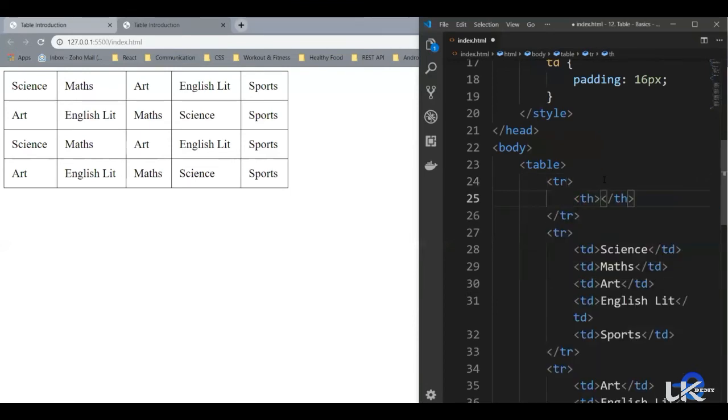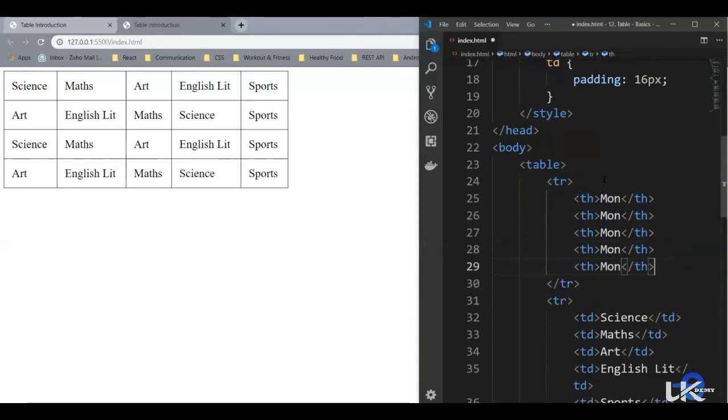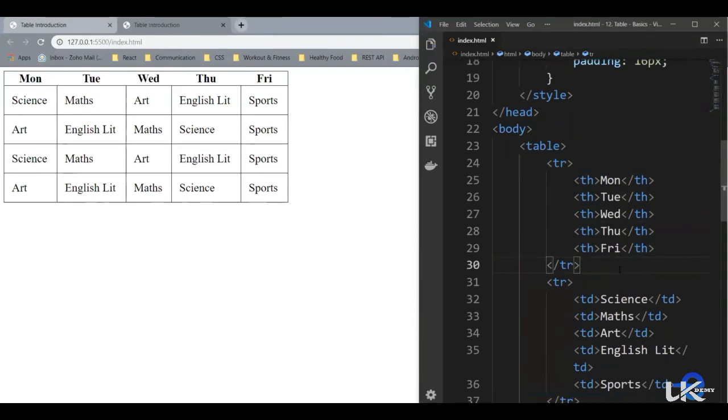So table header, let's say Monday, Tuesday, Wednesday, Thursday, and Friday.